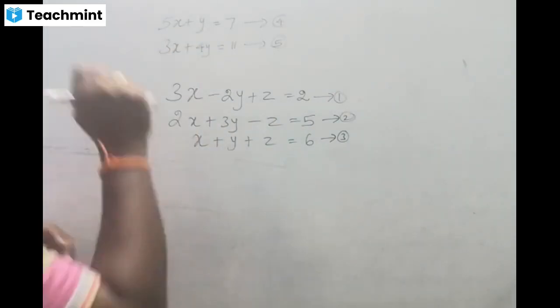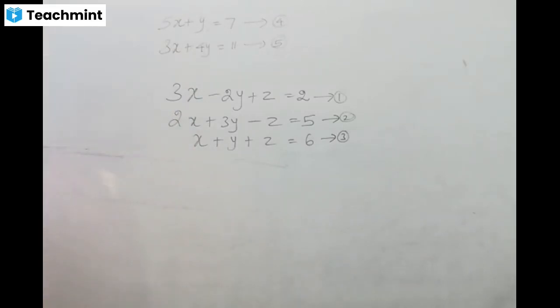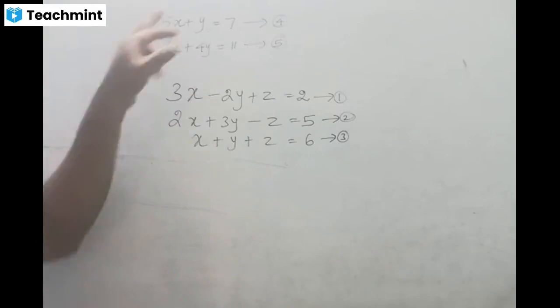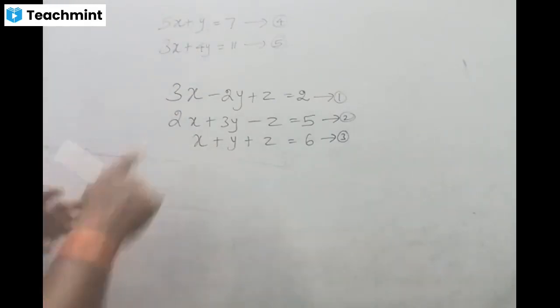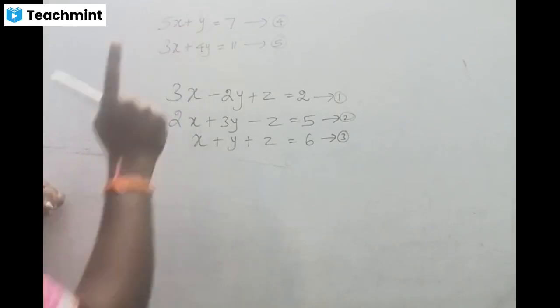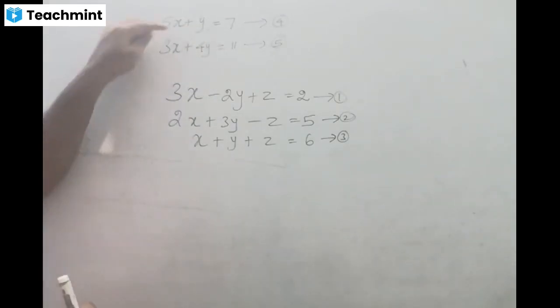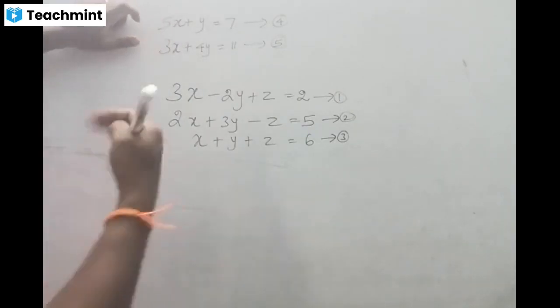Y. But before I write here, first I should observe in both the equations which variable is going to be eliminated. Observe y in both the equations. First we should observe the coefficients, right? Here the coefficient of y is 1. Here the coefficient of y is 4. By observing these two equations, the coefficients of y are different.